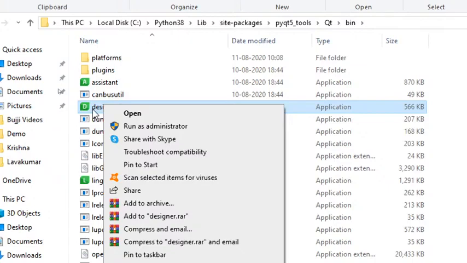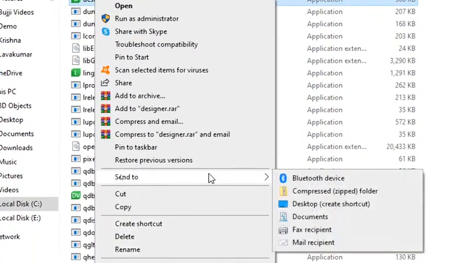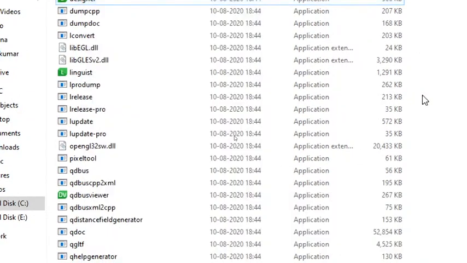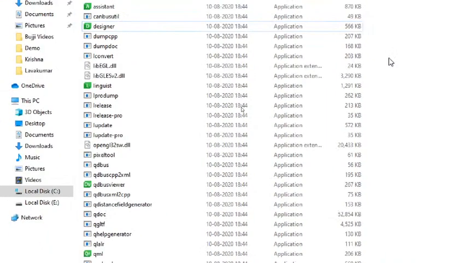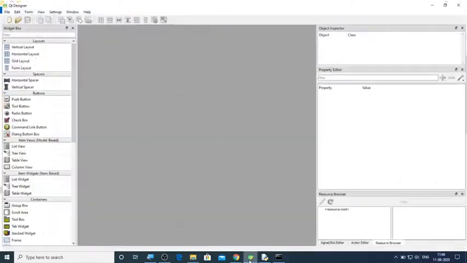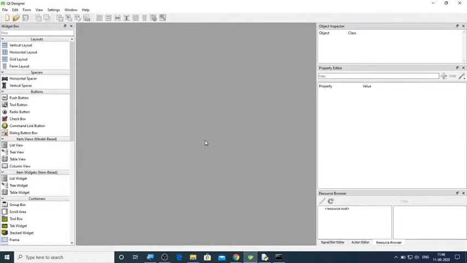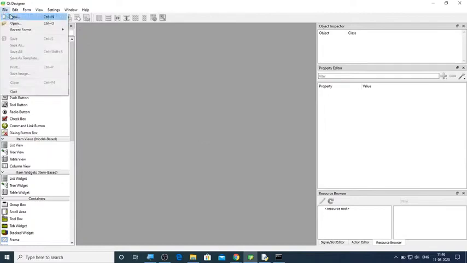As mentioned, this Qt Designer we are going to use for designing the forms, and each time it will be difficult for you to come up to this point for opening the designer. For that I am saying you can just right click, go to Send to, and select Desktop for creating the shortcut. So this is how you will be doing it, and once you double click that, this is how you will be getting the window. Once you double click that particular designer, you will be getting the Qt Designer window in this form, and here you can click on New,